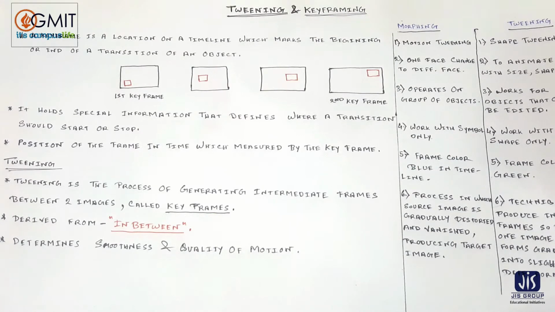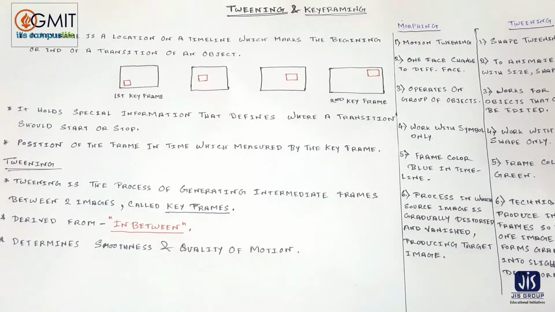Nowadays, graphic software on digital computers does this task of twinning if two keyframes are drawn. So nowadays, we don't need to draw the intermediate frames by hand. We can just give the first and last or first and second keyframe, then the in-between frames will be generated by the software. We don't need to do anything. Clear?